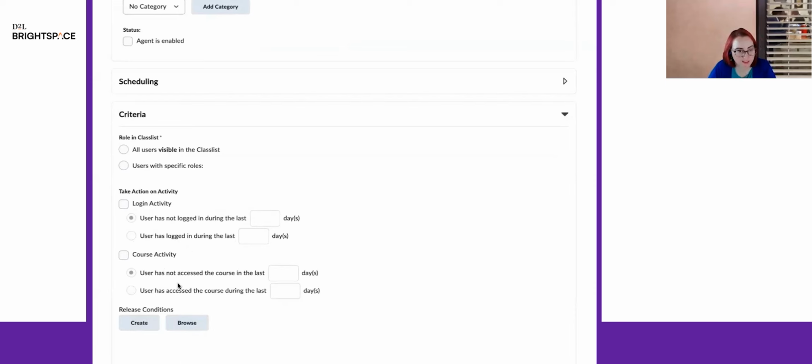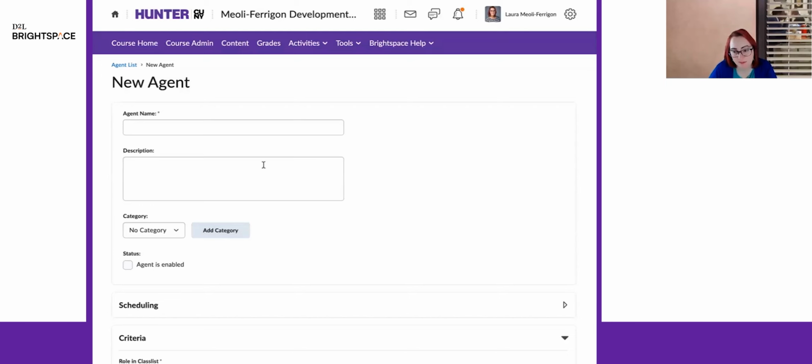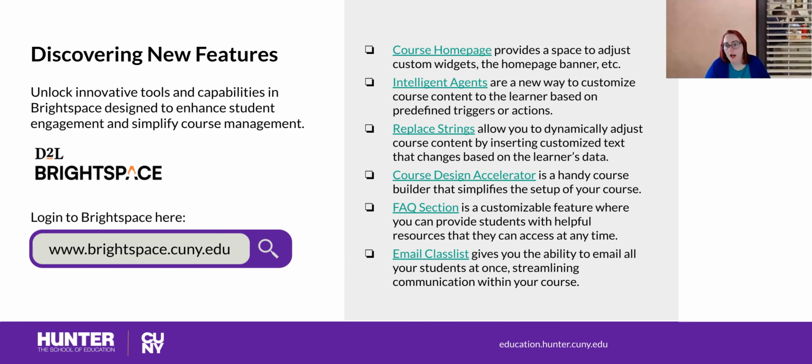And there's a lot of conditions here. So sometimes the conditions might override each other. So definitely use the tutorial for recommended intelligent agents. Another thing to use is replace